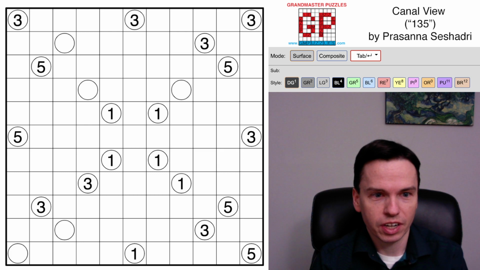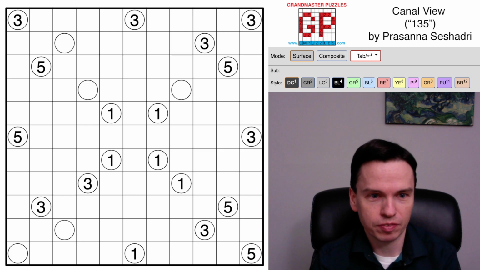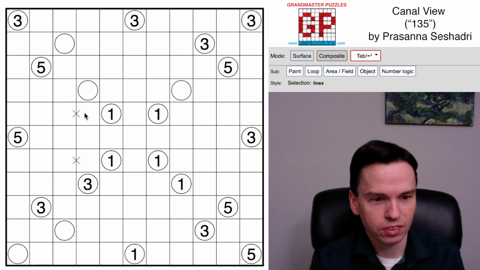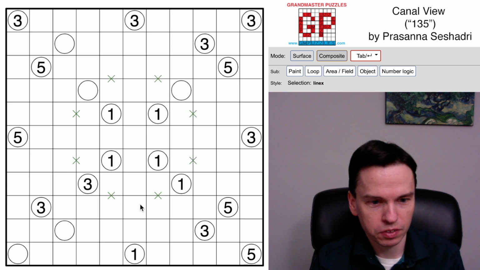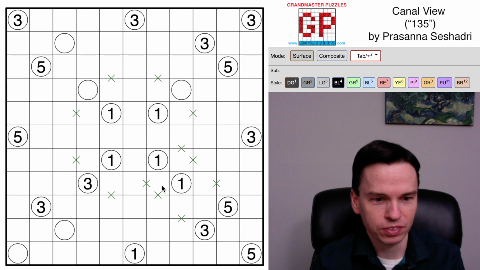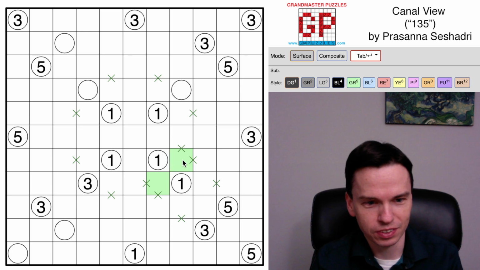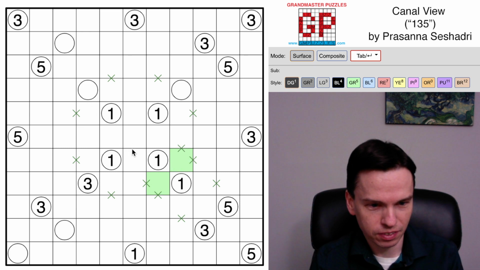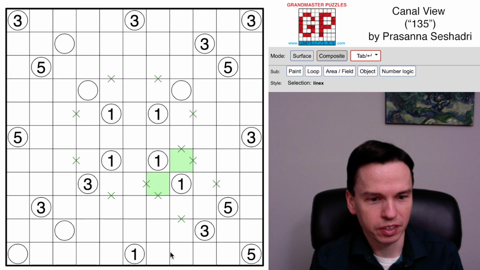So we're here to solve this Canal View by Prasanna Seshadri with a 1-3-5 theme. I'm seeing a few places I guess I can get started. One is I'll just mark in my normal notations some spots around these ones where I'm not taking both of these cells. In marking some of those in, you'll actually see some simple cells you can never reach because you'll isolate yourself from the grid. There's not a ton that starts off from that progress,